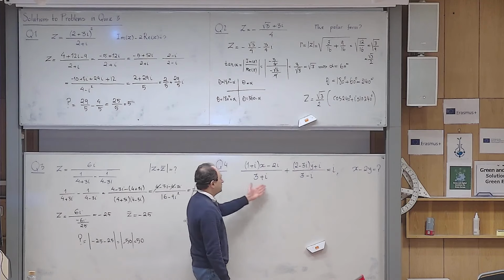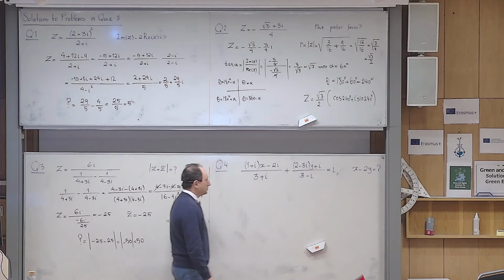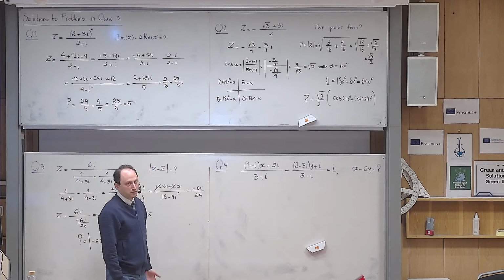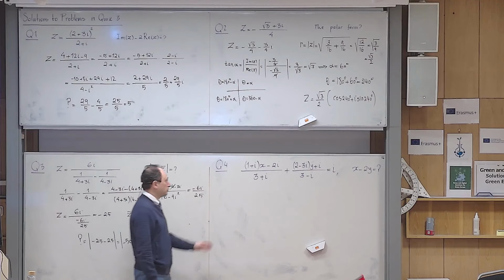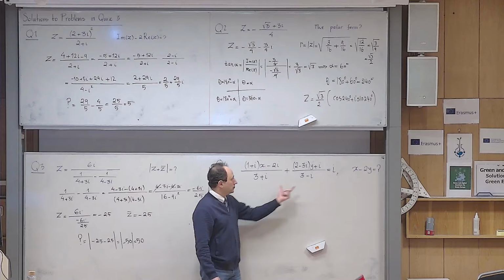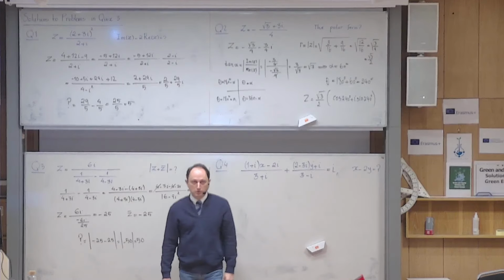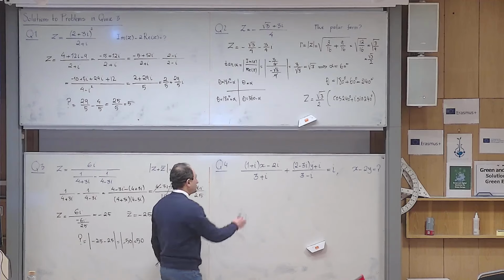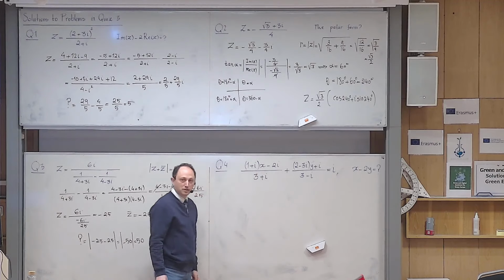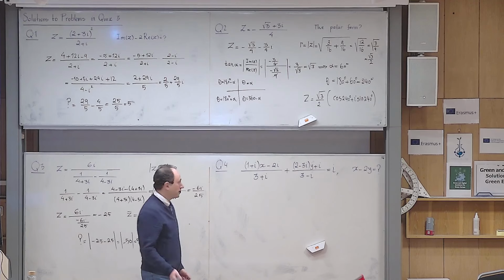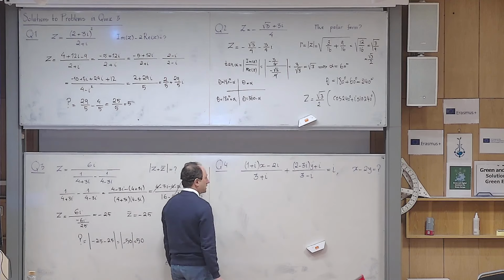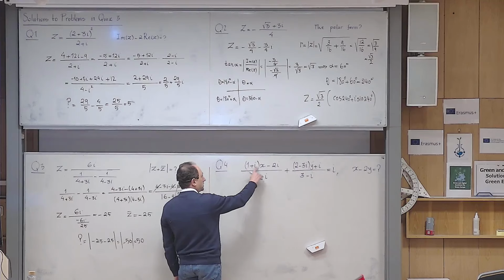I told you that whenever you have fractions they are problematic for us. So let us get rid of them first. What I do is multiply everything by this one and that one so that all denominators are gone. I know that sooner or later I have to multiply this in, so I don't do it step by step. Let us just do it in one go, in one stroke. It's not hard. You multiply this in,